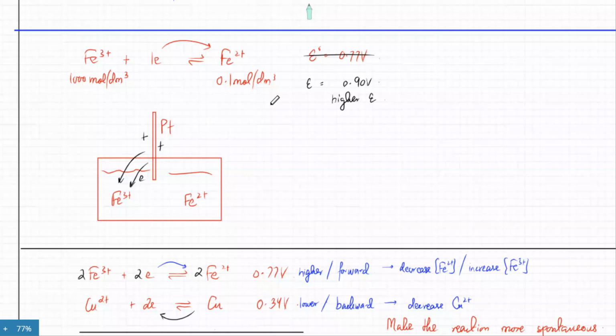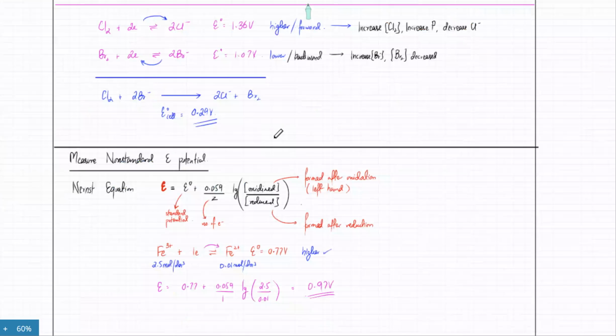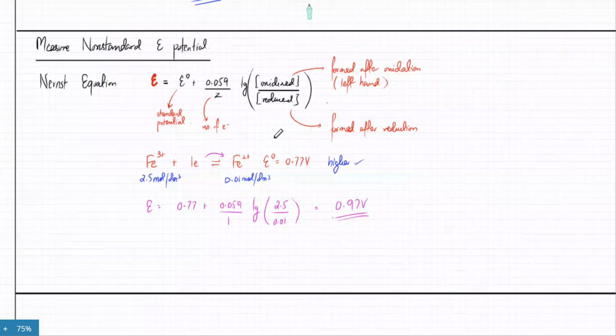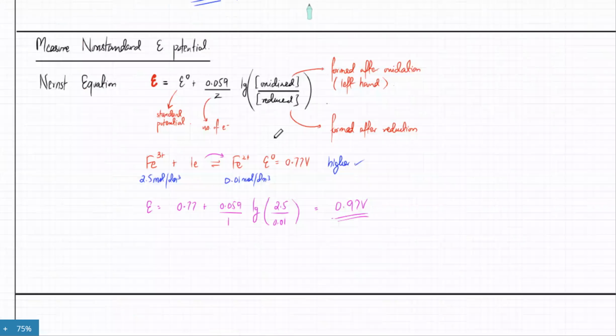Potential would start to decrease. And I told you you could measure the potential by using the Nernst equation. Okay, so we did that for just one substance actually. So I'll just quickly do it for a couple of other